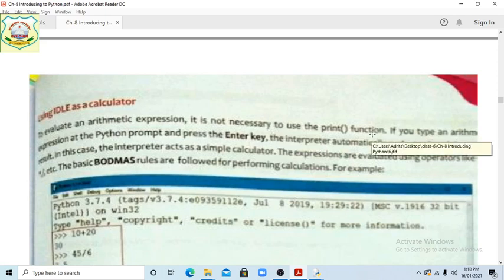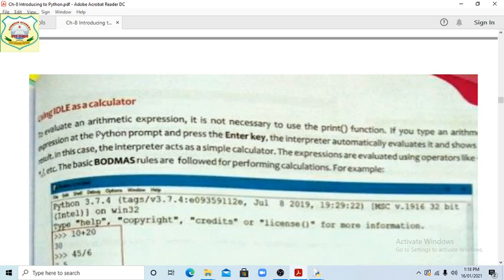If you type an arithmetic expression at the Python prompt and press the enter key, the interpreter automatically evaluates it and shows the result. In this case, the interpreter works as a simple calculator. The expressions are evaluated using operators like plus, minus, multiply, slash, etc.